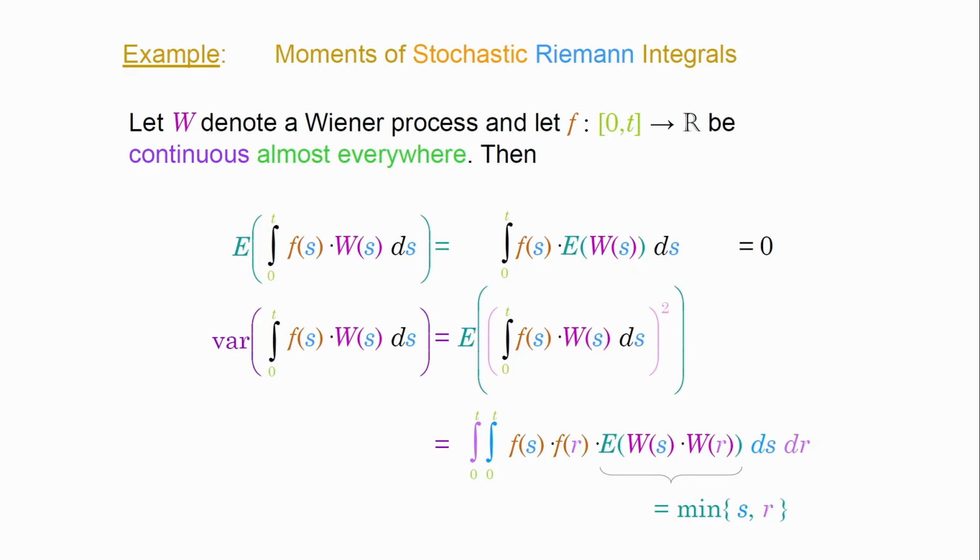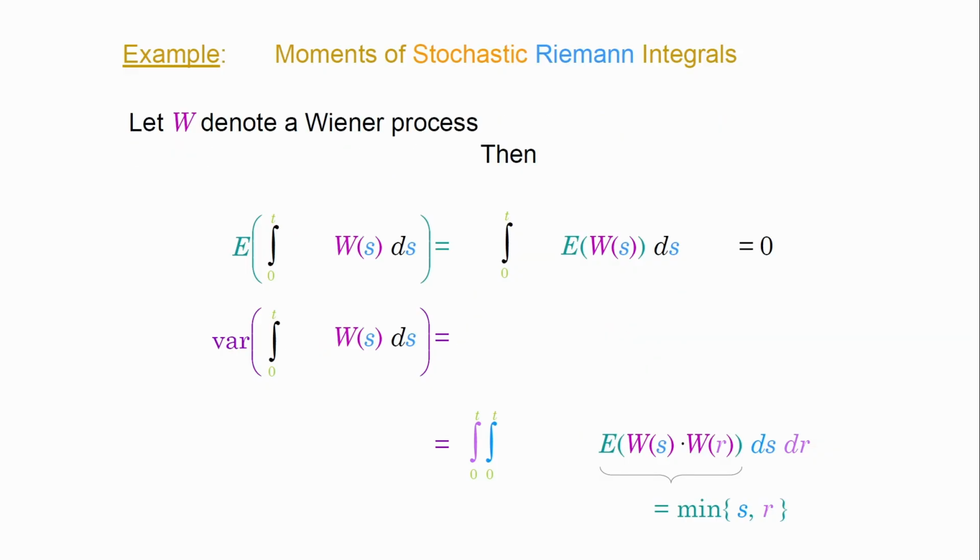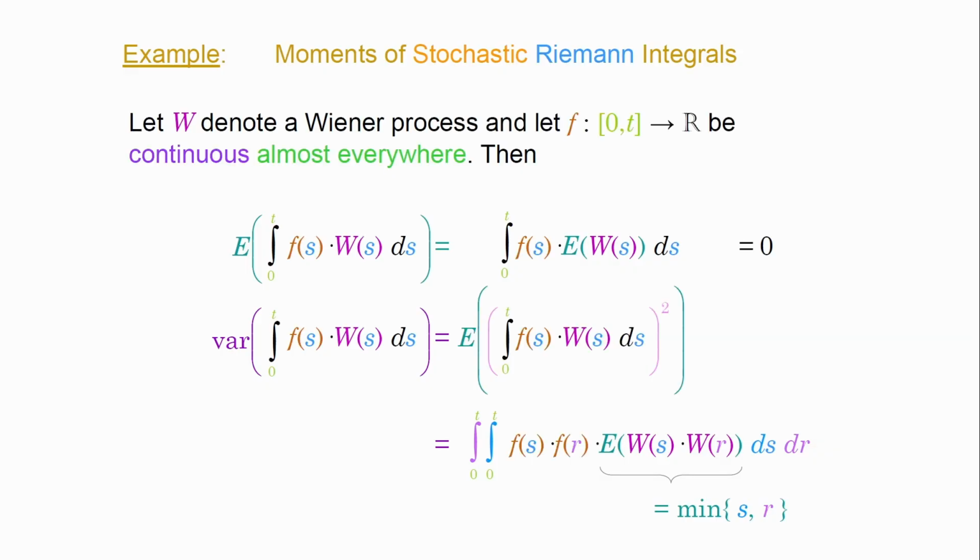Now, this is going to be finite because this function, check this out, is continuous almost everywhere. It's not continuous, but it's continuous almost everywhere. There are jumps in a function, but only at finitely many points. That's why I don't find most of the books consistent in that regard, because they say it's continuous. Well, it's not. The minimum of s and r is not continuous with respect to s and r, okay? But it's going to be continuous almost everywhere. And that's the emphasis, so that is what I'm correcting here most of the time.